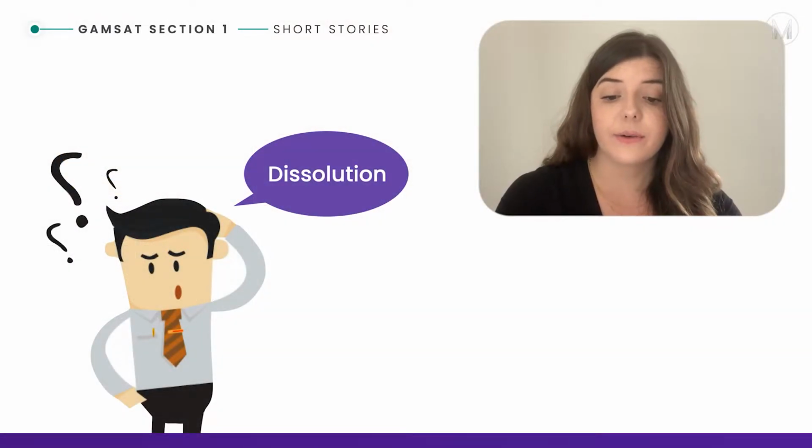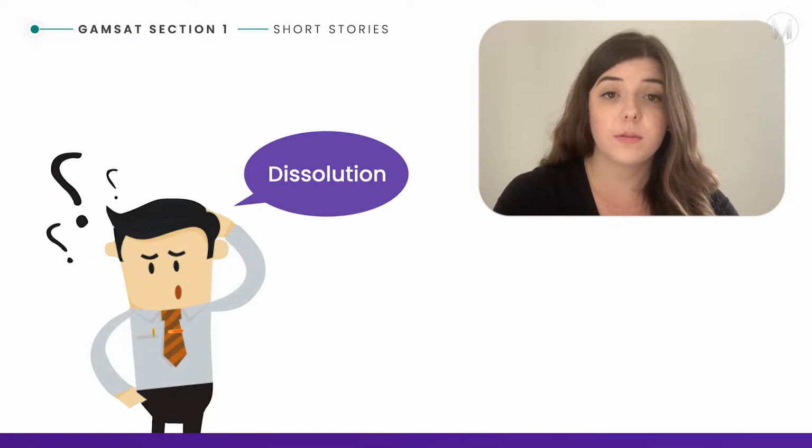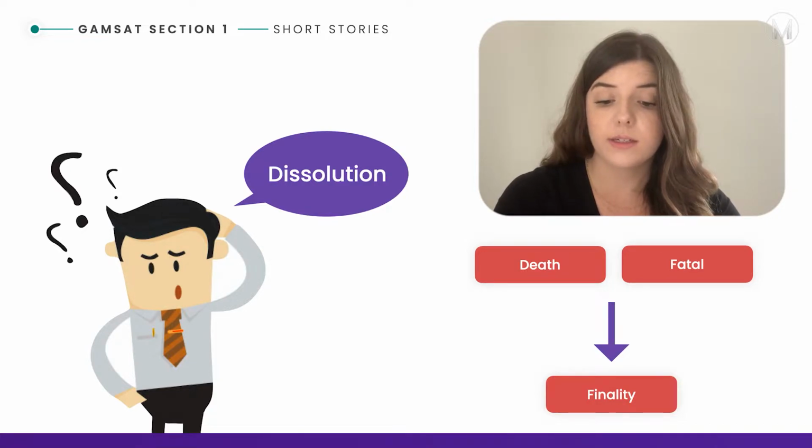So as I just said, in question 2, you are asked for the meaning of the word dissolution. The sentences prior mention the words death and fatal, which should help you decide between options A and B. A portrayed finality, which is parallel to death, whereas B suggests a state of disrepair, which didn't incorporate the finality that death causes. And therefore that led us to the correct answer of option A.